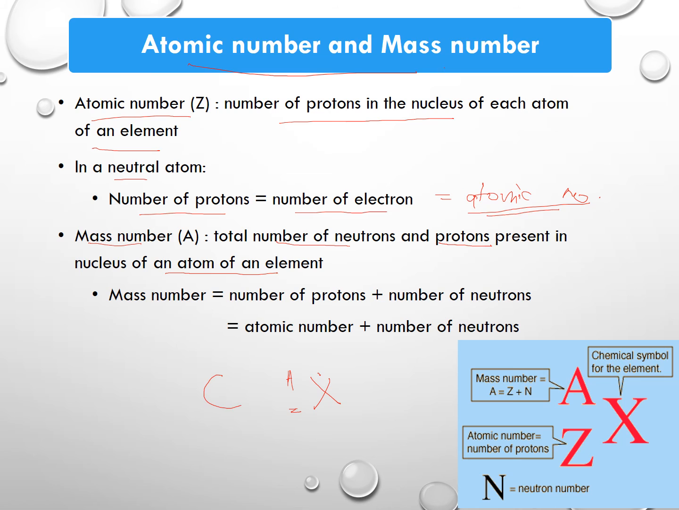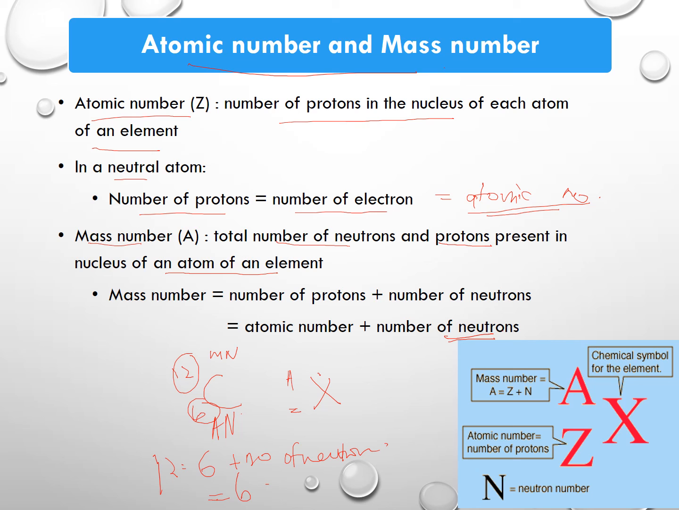So contoh kita ada C 12 dan 6. So this 6 adalah atomic number and 12 is the mass number. This one mass number, this one is atomic number. Okay, so from this basically what we can identify is the number of neutron. So kita dah tahu number of proton berapa dan number of mass number berapa. Jadi kita tahu 12 is equal to number of proton plus number of neutron. So number of neutron is equal to